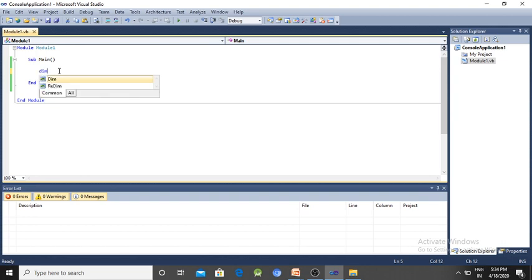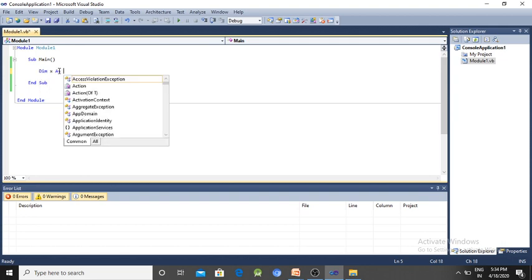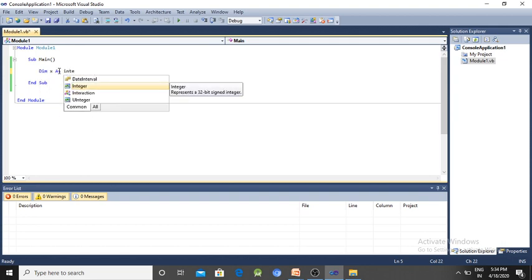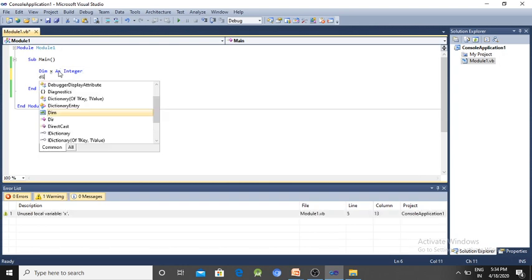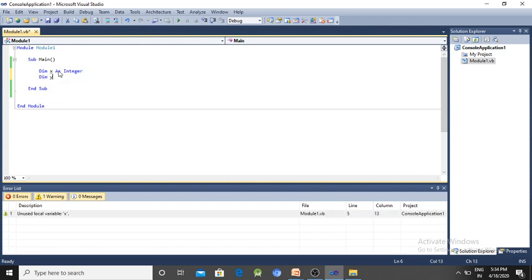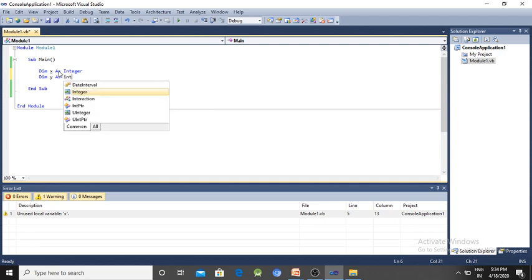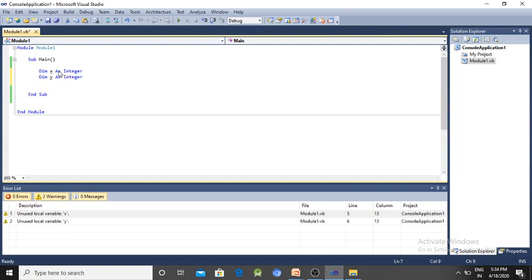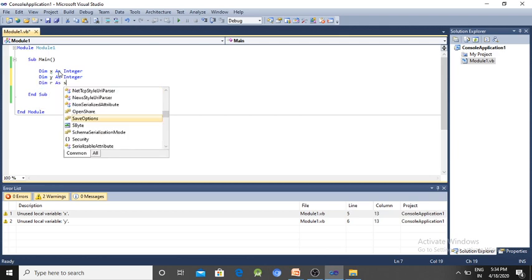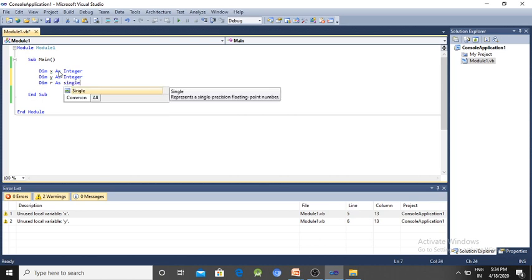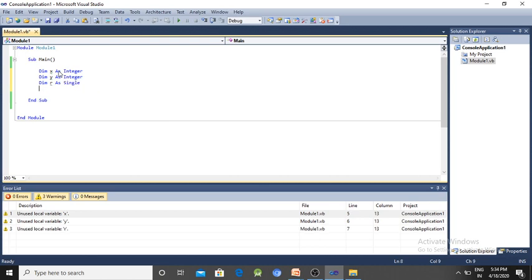First of all you have to declare dim x as integer, dim y as integer and dim r as single, which means it is a float data type.